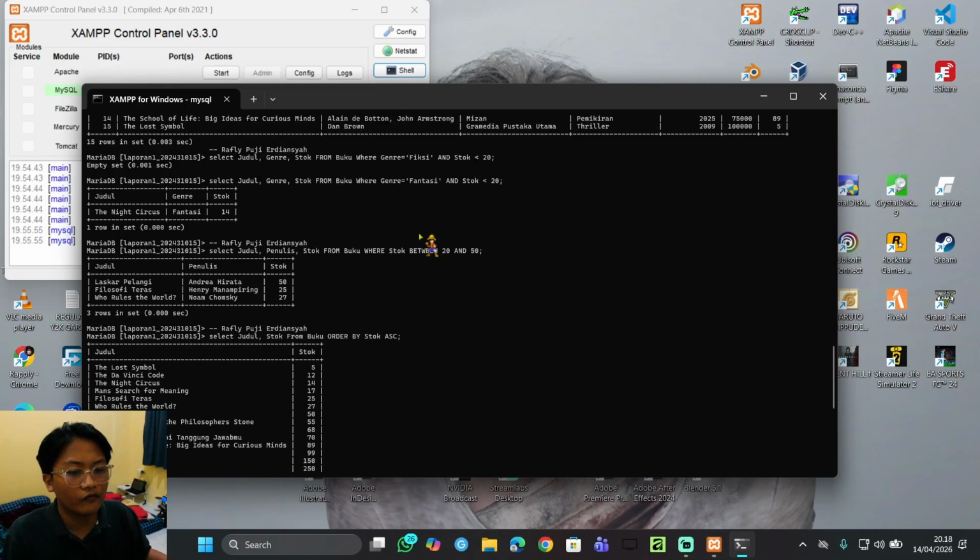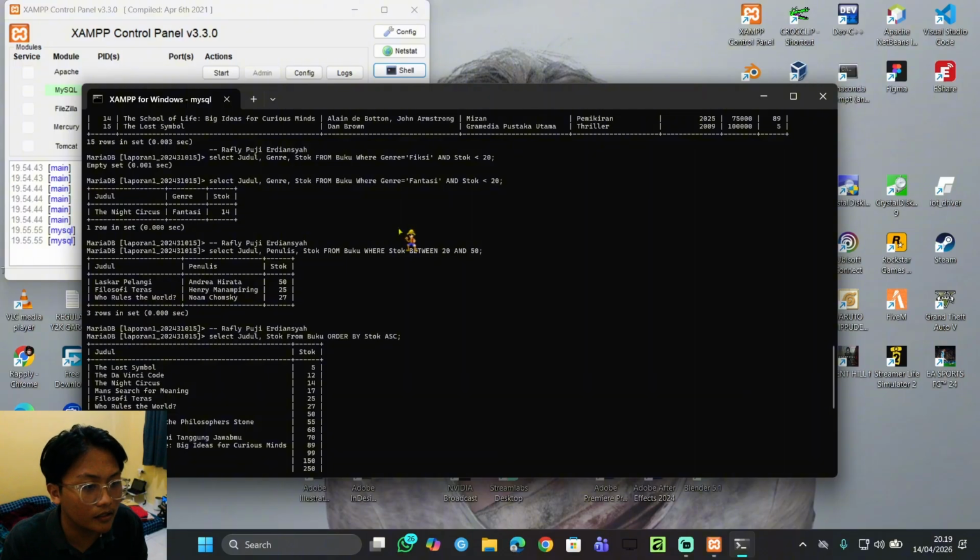We can search for fantasy books that have a stock of less than 20. We can type select title, genre, and stock from the table we want, which is the buku table, because we just have one table, and where we want to filter.